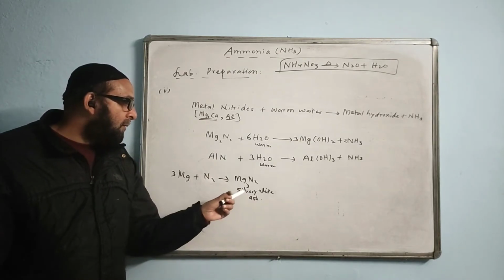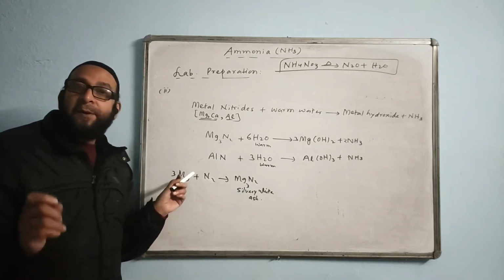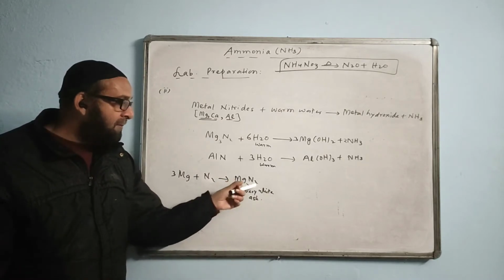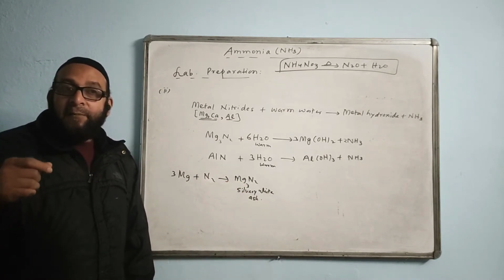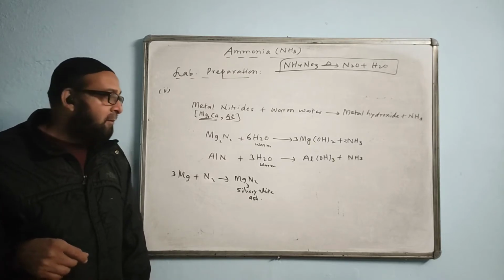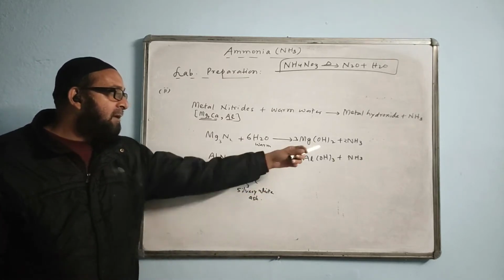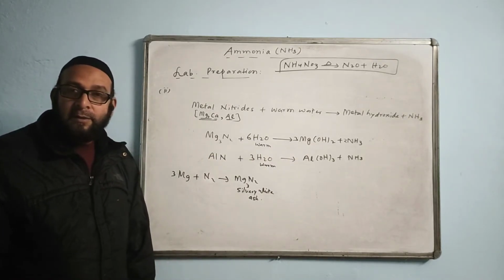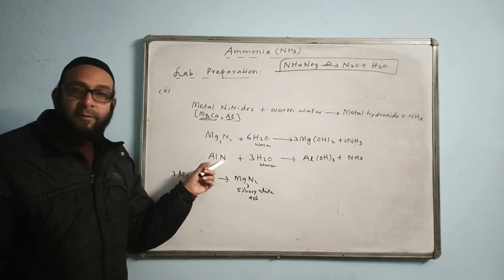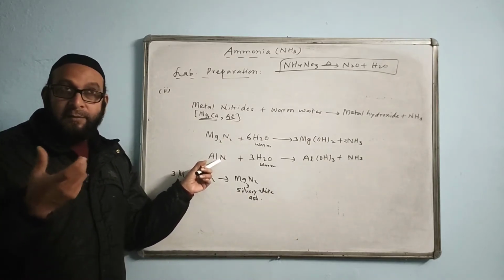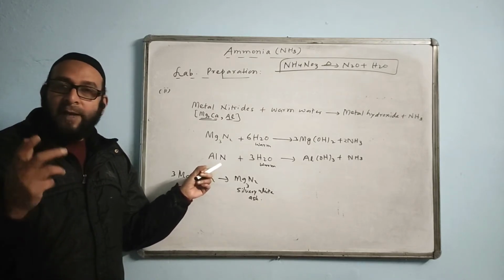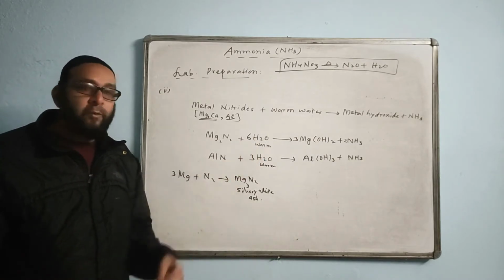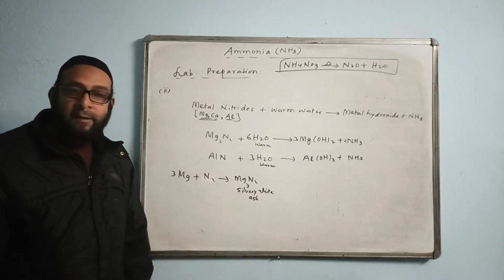A question may come: when magnesium powder is burned in air, it forms silvery white ash. What is the name of the ash? It's magnesium nitride. When we add warm water to it, name the gas formed. What is the name of the gas? The name of the gas is ammonia. So the exact reaction actually takes place like this. Even aluminium nitride, when you burn aluminium metal in the presence of nitrogen, will also give ash, the same kind of color of ash. And when you add warm water, it will give ammonia. So the reactions are written.